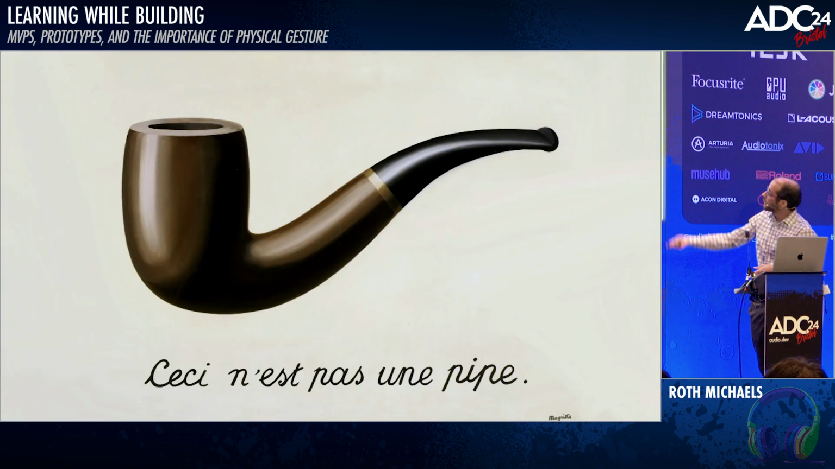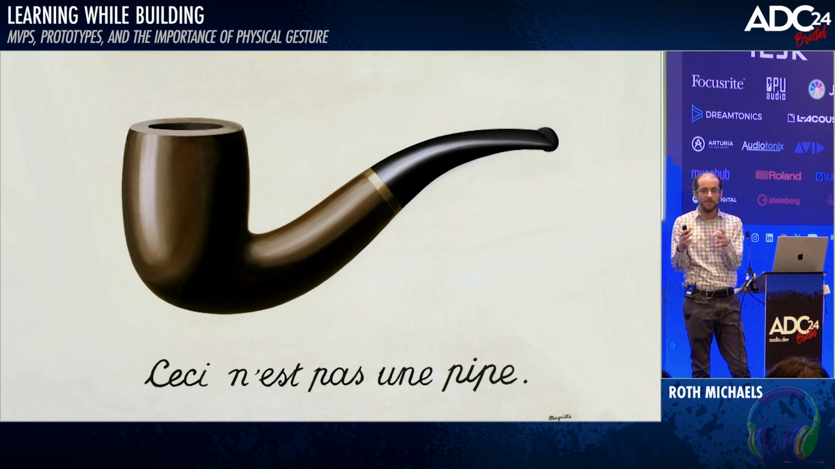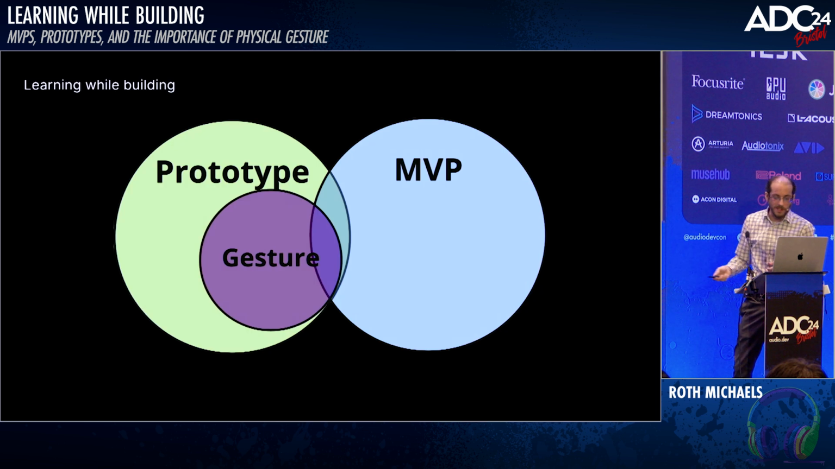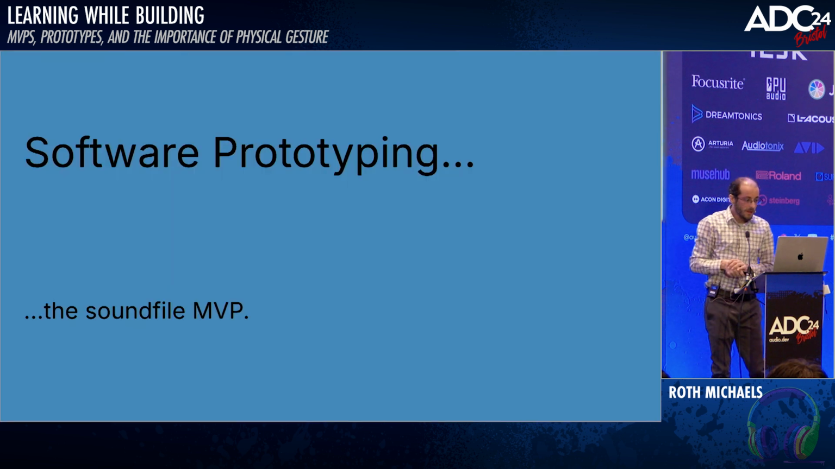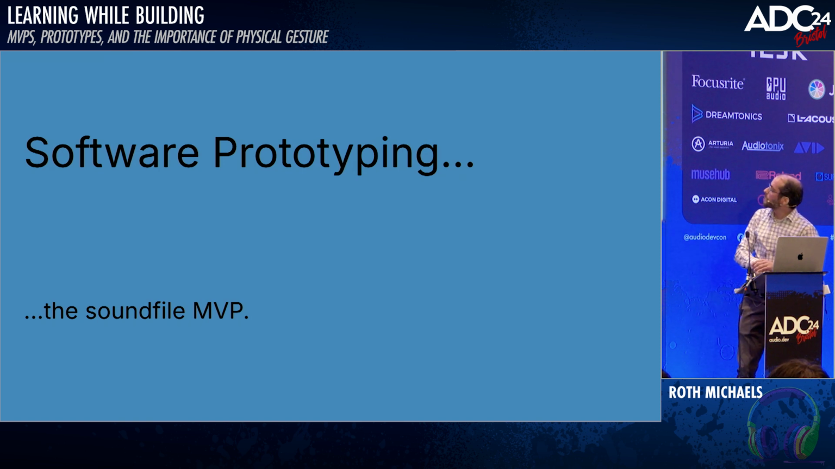But that is not a plugin, and this is not a pipe. So how do we take it a next step and get closer to understanding the real thing we're making? Again, this is where we get back into prototyping and gesture. So, software prototyping, and I guess that shouldn't say sound file MVP on that slide anymore, but should say tools,